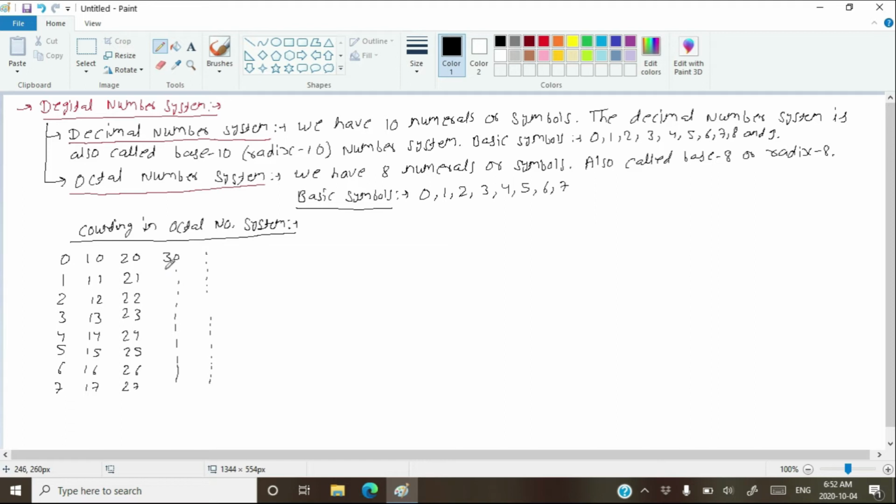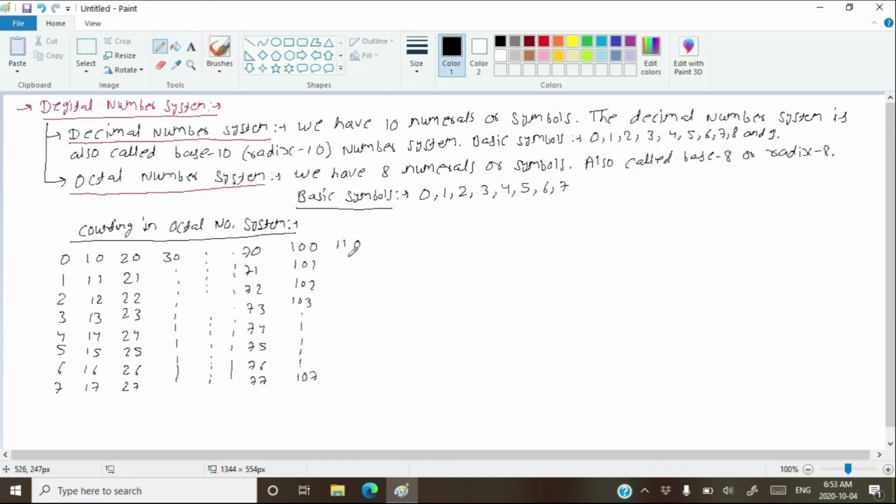You always have to change the preceding digit after you get the value 7 at the last digit. Okay, so keep on doing it. You reach 70, then you count 71, 72, 73, 74, 75, 76 and 77. After 77 you get 100, because after 77 you have exhausted all your two-digit counts. After 100 you start with 101, 102, 103, and then you keep on counting to 107.